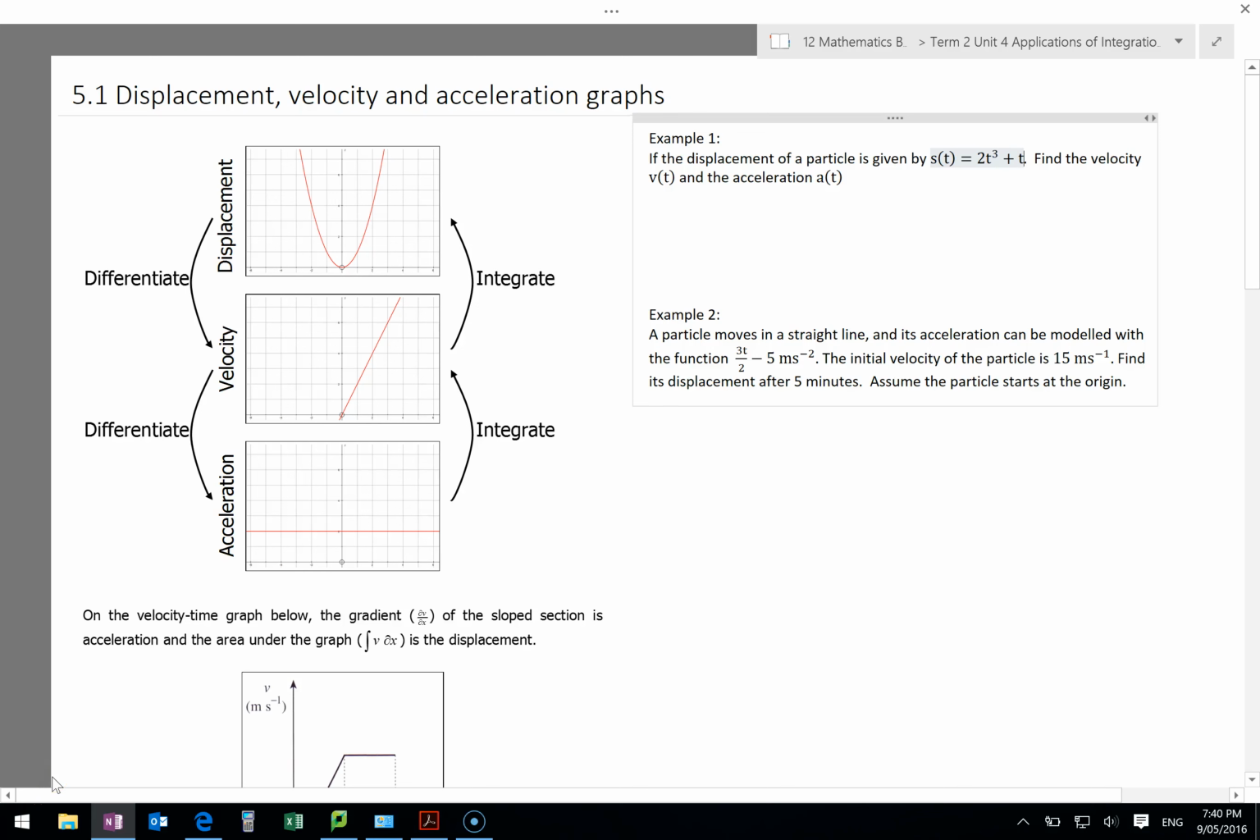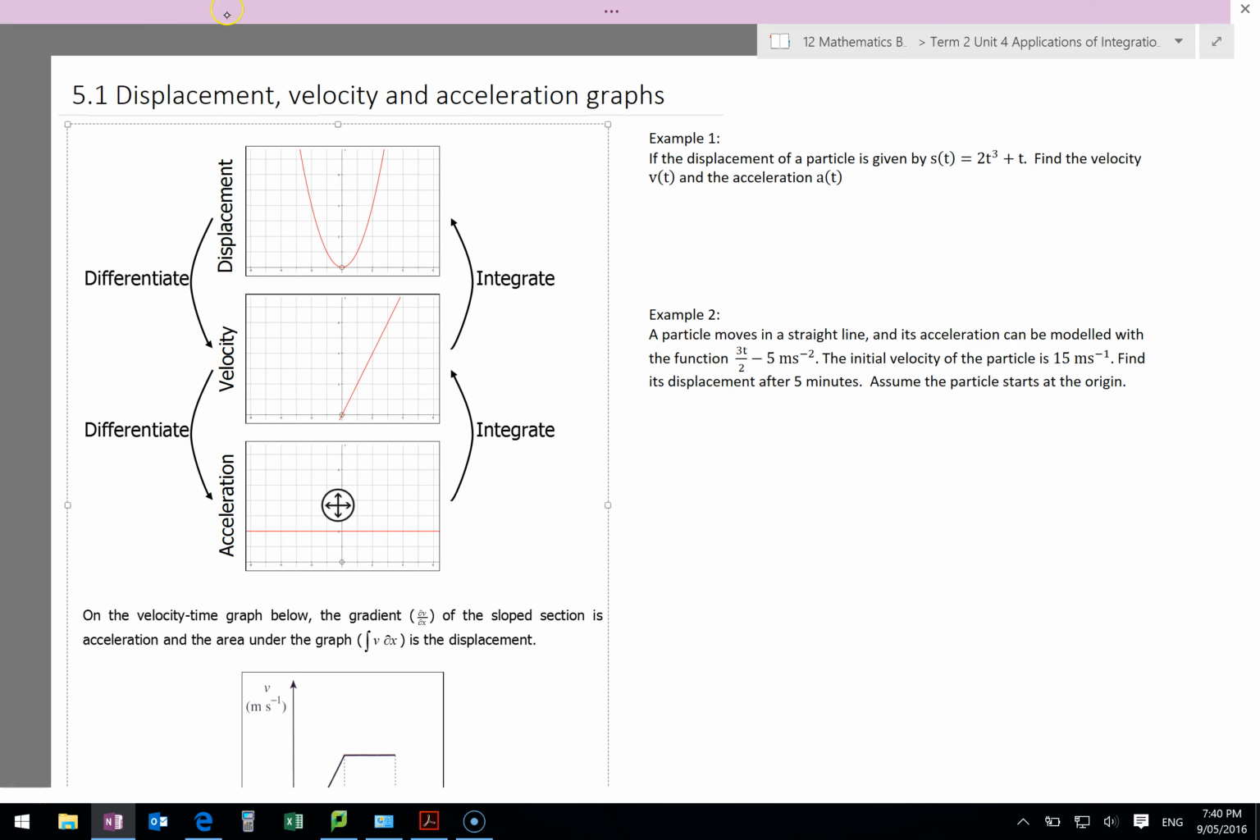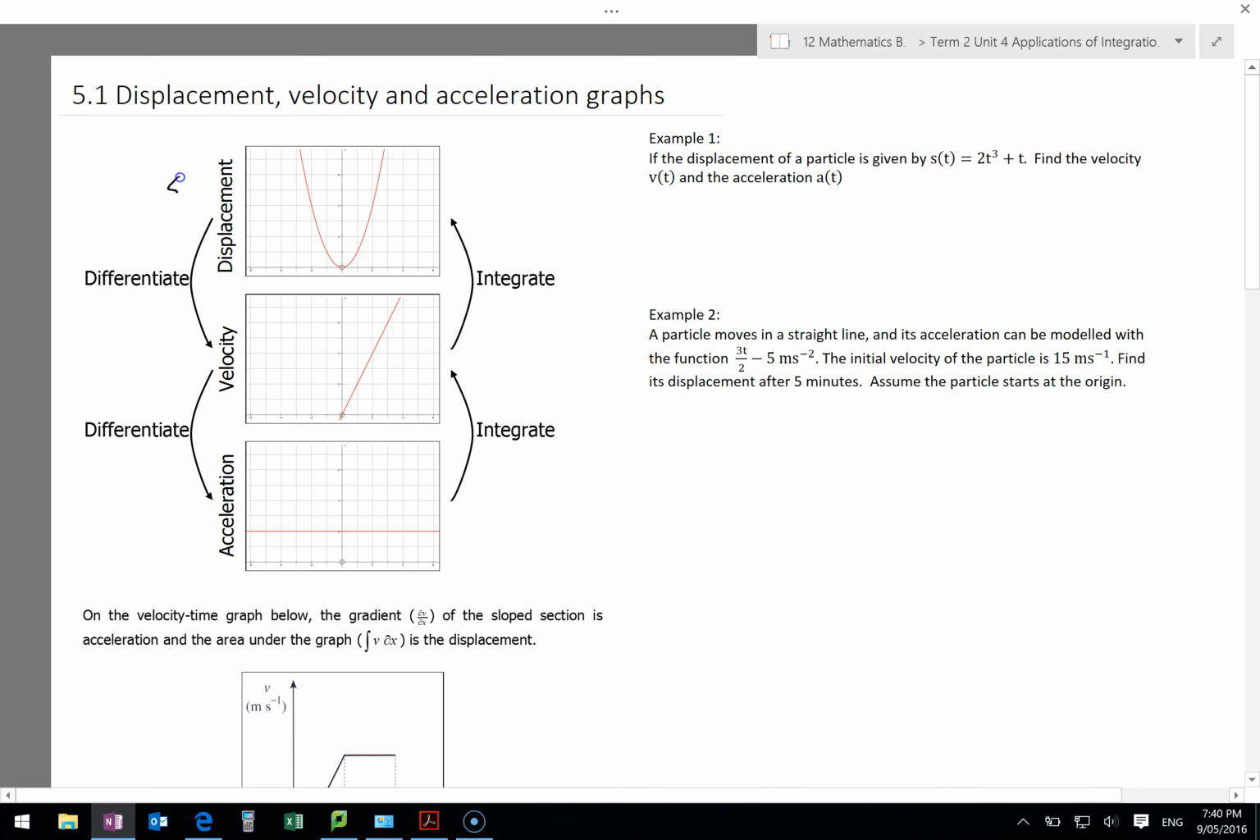Displacement, velocity, and time graphs. This is a guide to hopefully clear up any confusion that you may have. Displacement is typically referred to as either S of t or x of t. I'm pretty sure all of our questions are in the S form, but just be aware of the x term as well,